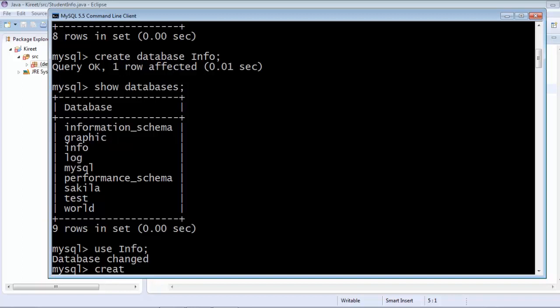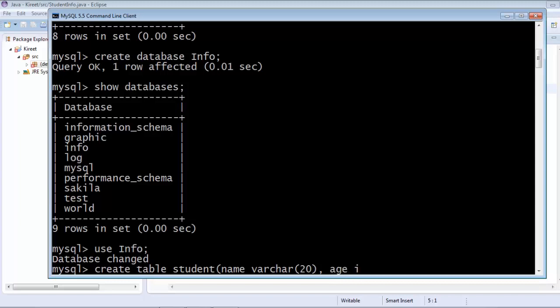So it will be like create table, and the name of the table is student. Then we'll just pass the parameters, the specification for this student. So we have to declare name as varchar, and the length is 20, for example.